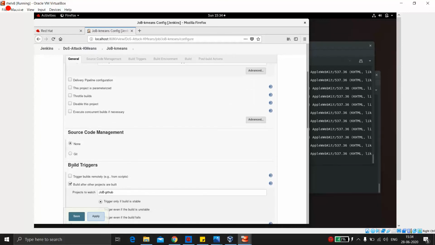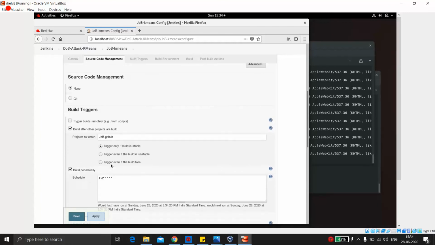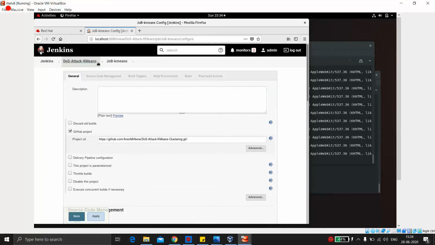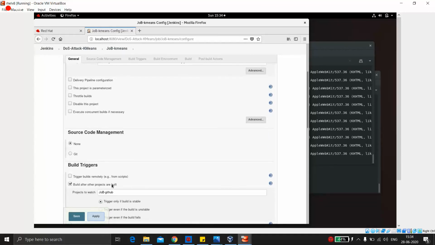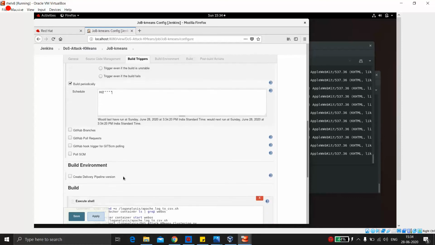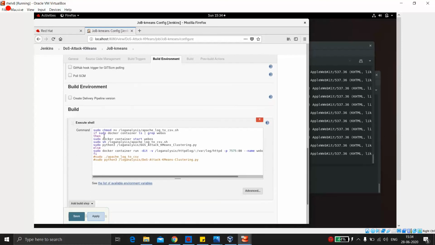So here we are not giving the link because we have already downloaded it, and here is the main part of this whole setup. This is just a simple code to tell this machine to run this particular job, k-means, every 2 minutes. It is running every 2 minutes. Now what it is doing is, first of all, it's making the shell command executable, right?